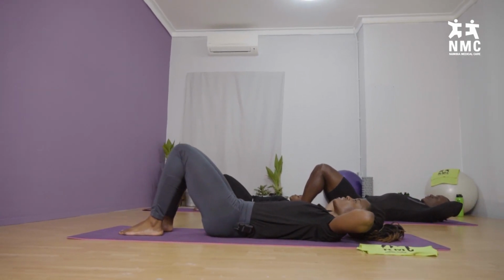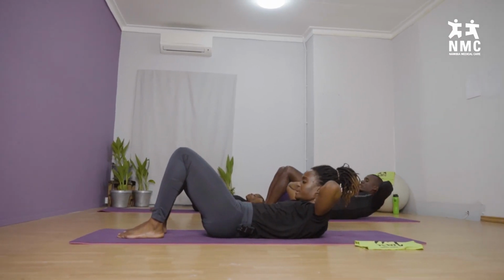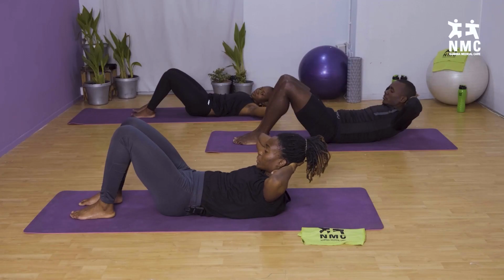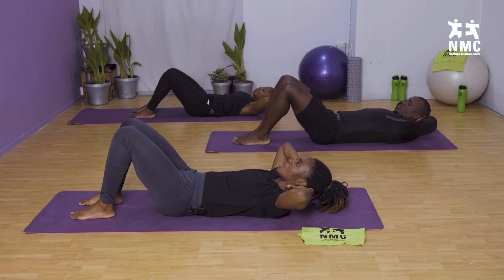Deep inhale for number 3. And we exhale, deepest navel to spine, deepest navel to spine. What you want to do is keep the navel to spine so we don't have a bulging tummy, right? We inhale as we hold here, and we exhale as we paste ourselves back into the mat, one